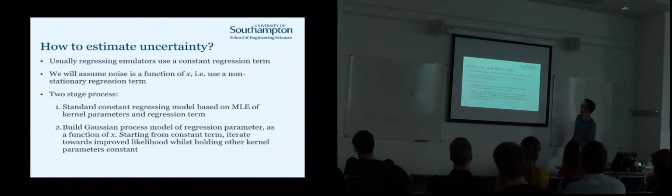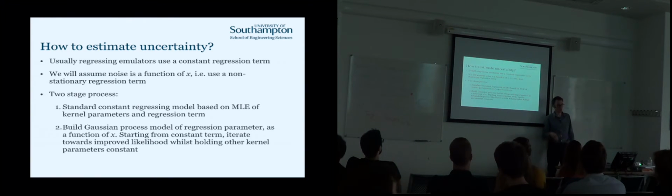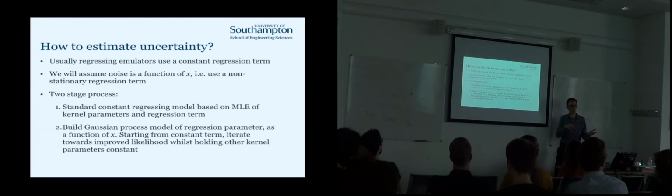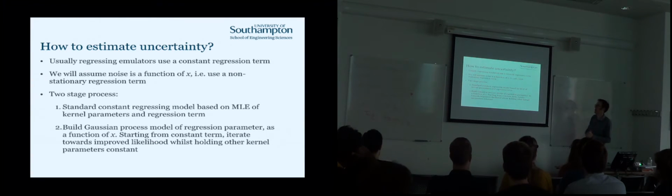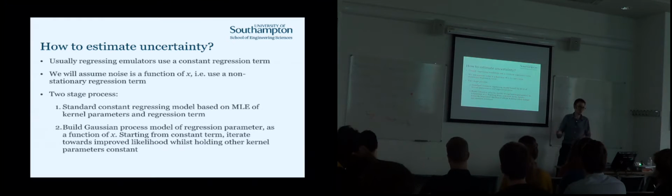Okay, so as I said before, usually regressing emulators use a constant regression term, and you have a correlation matrix of all your data correlated with itself, and down the diagonal you have ones. If you're doing regression you just add a bit to that, and that makes it so that your model doesn't pass through the data, it goes near it. We don't want to have this constant regression term because we've shown that your uncertainty may vary